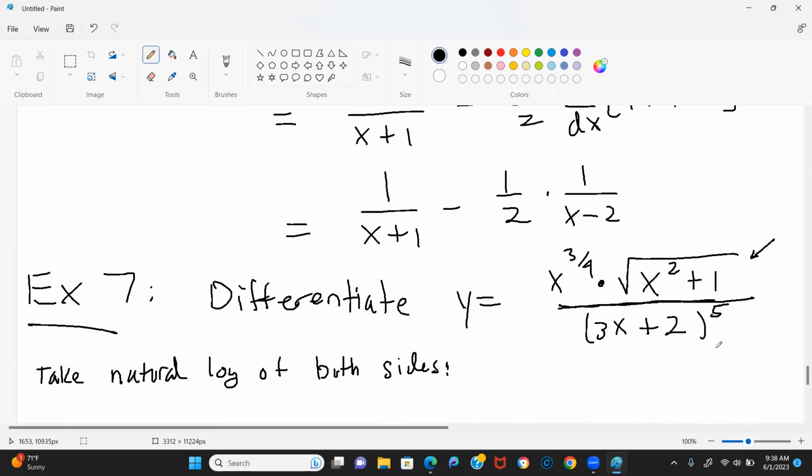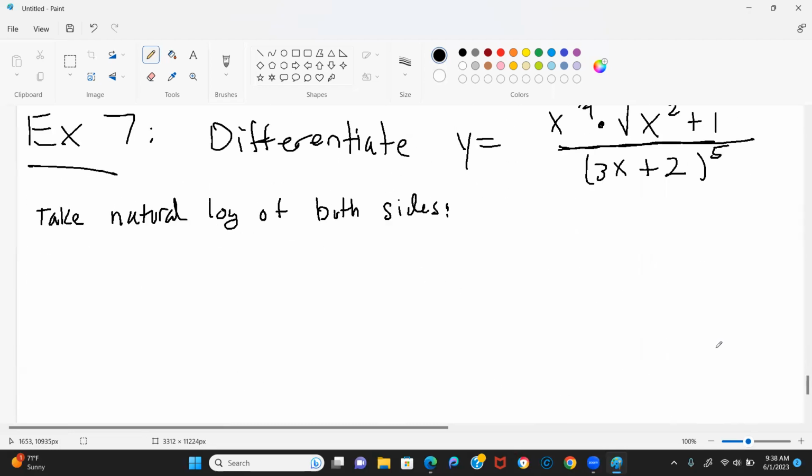So let's take the natural log. I claim that it's going to be easier to first take the natural log of both sides and then differentiate, and then the derivative of y is going to pop out naturally, and we'll be able to solve for it very easily. So if you take the natural log of both sides, you get ln of y is equal